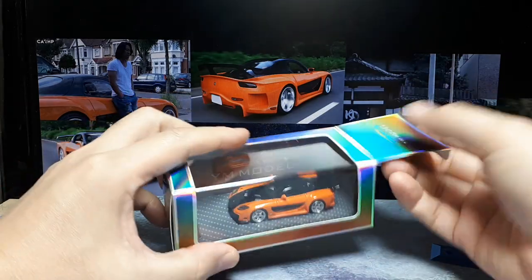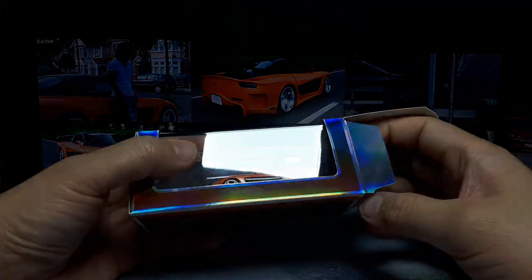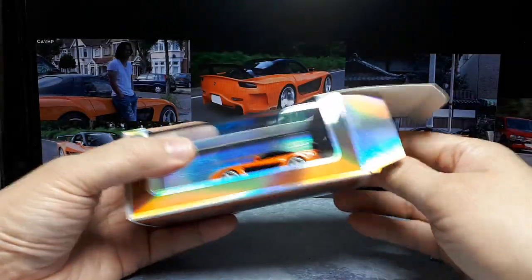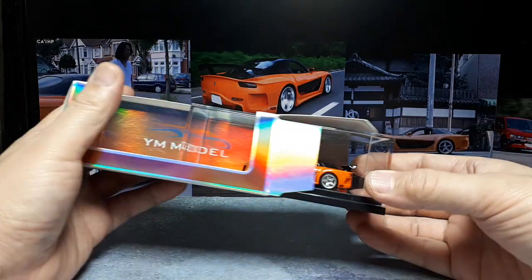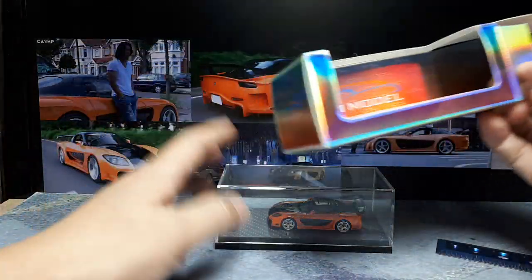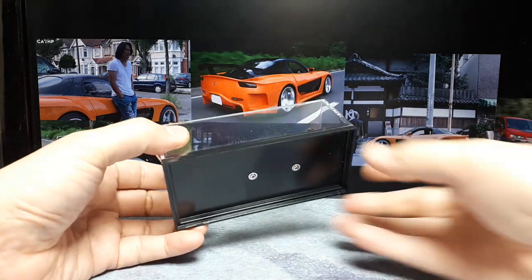The car has what are called Andrew Racing Evo 5 wheels. Never heard of that myself. It has a turbocharged engine. I couldn't find any specs of how much power it made. And I guess that's it, really. It's just a crazy body kit, really. Alright, so